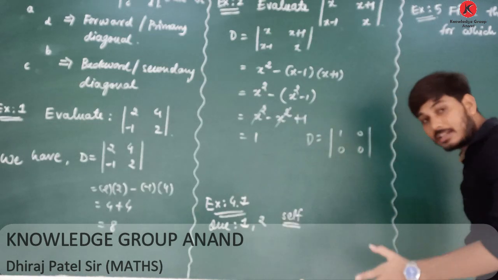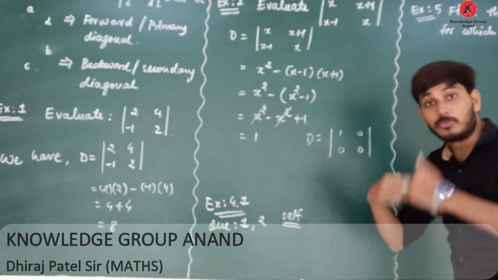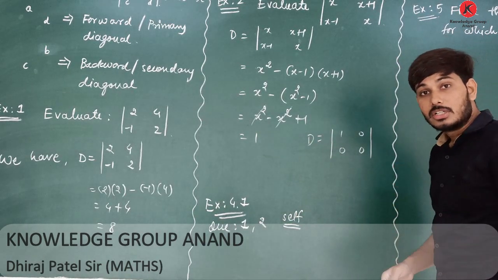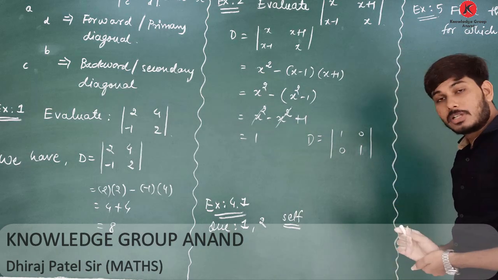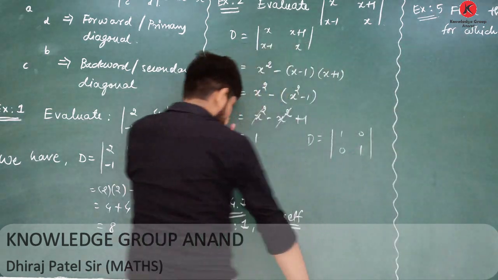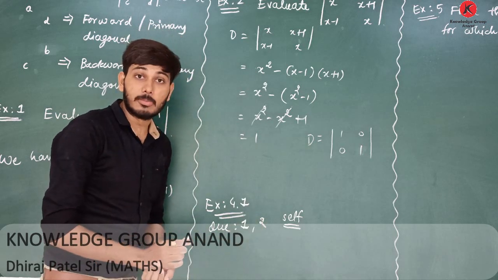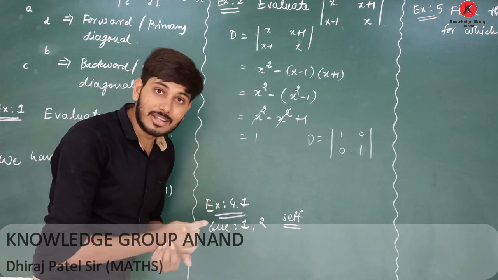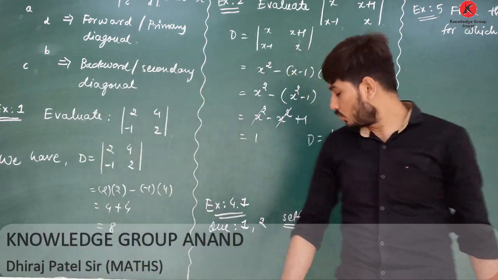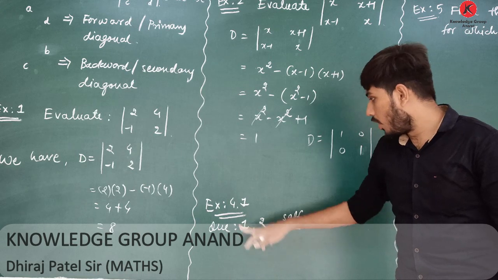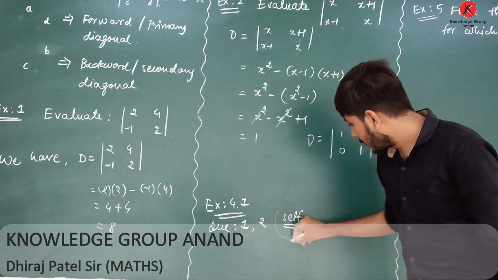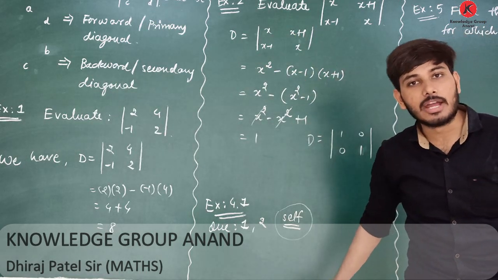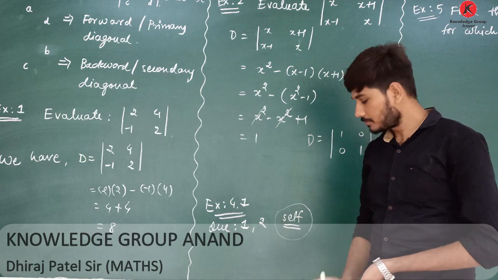You can represent any number in the form of a determinant like this. There are many representations of determinants. This one is the determinant associated with the number 1. There are many possible determinants associated with a single number. Now you have to do questions 1 and 2 of exercise 4.1 as self practice. These two questions are quite easy, evaluation of the 2 by 2 determinant only. Okay.